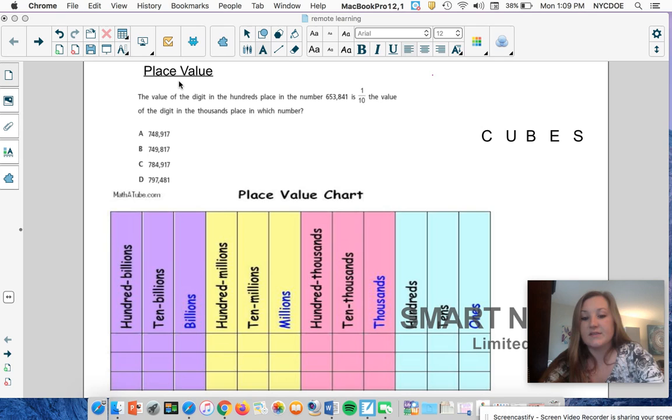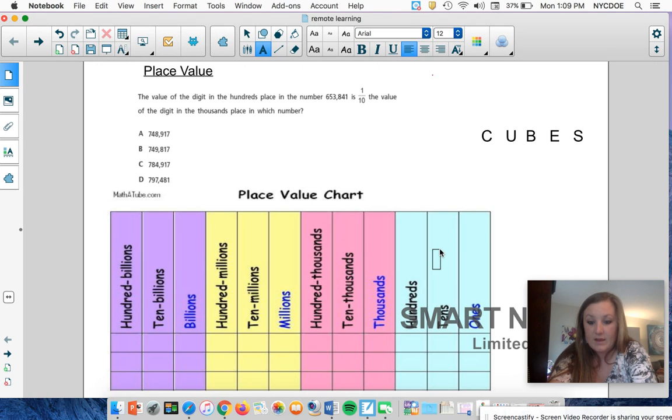So, what is place value? Place value is the value of a digit in the place value chart. So, when we ask ourselves, what does it mean to be the value of a digit? Well, we know that each digit can only be in each place value from 1 to 9. So, once you get past 9, you go to the next place value. So, if we look at our place value chart, right? And we have the ones place. Once we get to the number 10, we move to the left to the tens place, to the hundreds, thousands,